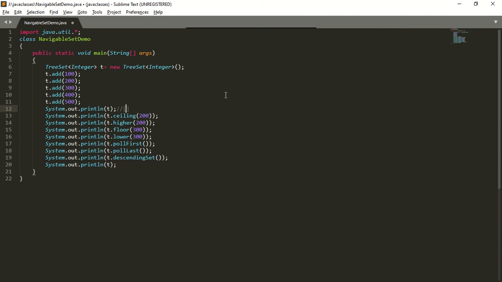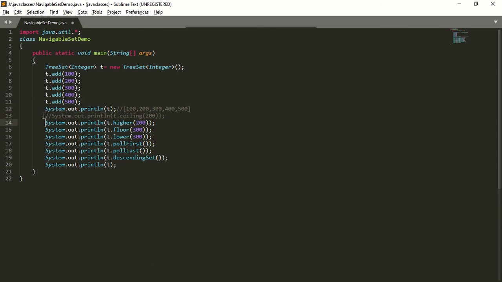System.out.println of t. In which format is it going to print? It is going to print within square brackets, because TreeSet is a collection. So within the square brackets the contents are 100, 200, 300, 400, 500. These are the output of this print statement.